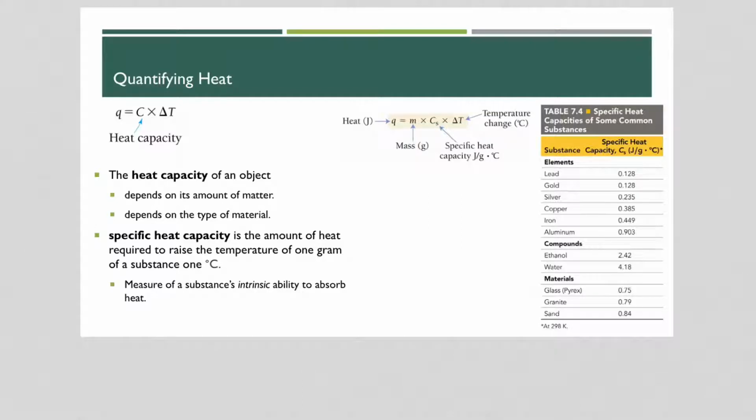Welcome back, class. So today we are going to talk about heat and work, and we're going to start off by looking at how we quantify heat. So we have a specific equation that we use, and if we look at it, generally we have Q, and Q is heat. We have C, which is what's called the heat capacity, and we have delta T, which is